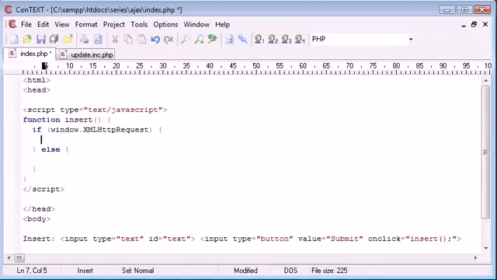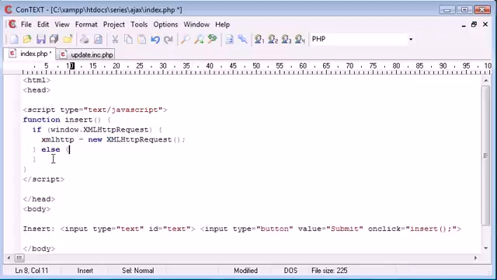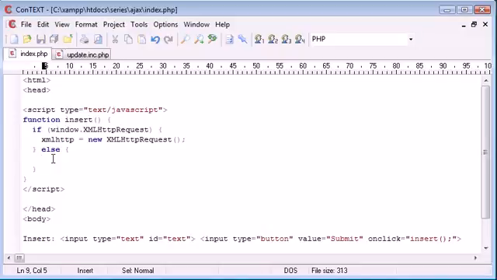So what would we do if it's true? Well, we set a variable called xmlhttp equal to a new XMLHttpRequest. Essentially, we're checking for this first inside the window, and then we're creating it if it's true. So that's just for different browser support. Otherwise, we want to say xmlhttp equals new, and we want to create a new ActiveXObject, and the parameter that we put into here is